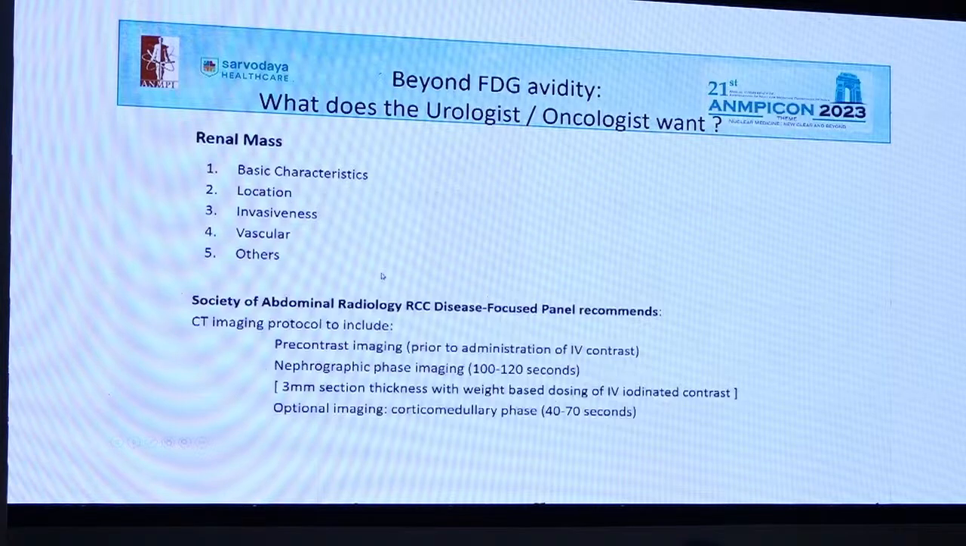Going ahead, it is recommended by the Society of Abdominal Radiology that the CT protocol for mass evaluation should have a pre-contrast image, that is, the CT image acquired prior to administration of IV contrast, and also a nephrographic phase, which is basically the CT acquired around 90 to 120 seconds following administration of the IV contrast. Typically, in our routine PET CTs, in case we are using IV contrast, the CT would happen at around 50 to 60 seconds. That is typically the portal venous phase. So moving that to 100 to 120 seconds is not very difficult. This can pretty much be incorporated